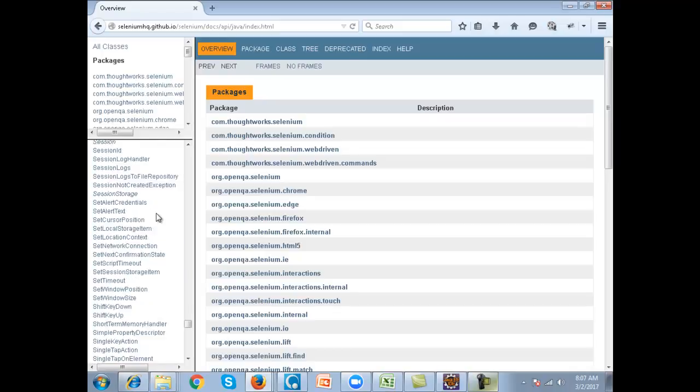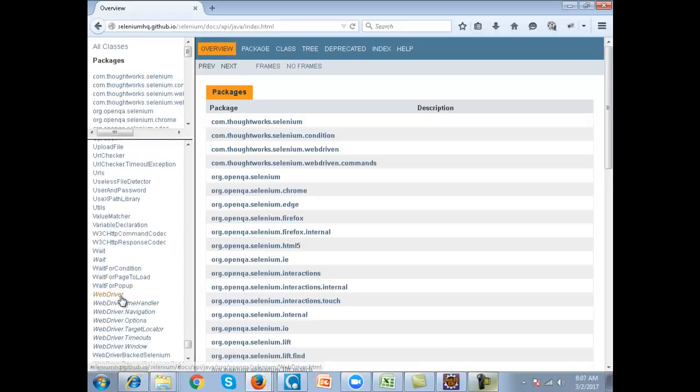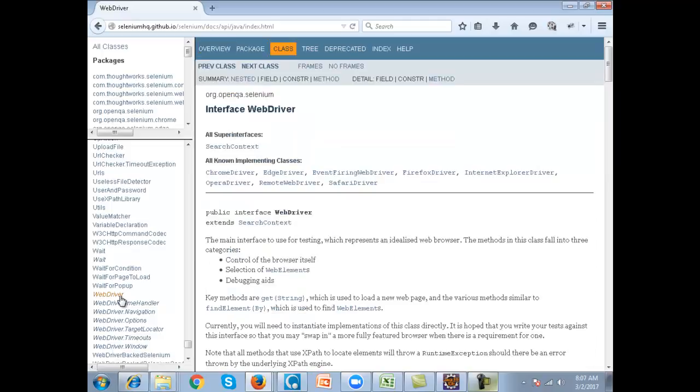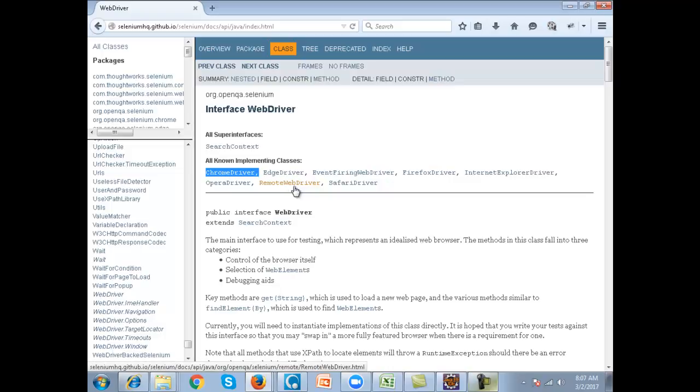You will see that there will be something known as WebDriver which is written out here. Interface WebDriver. Fine. And I'll talk about what interfaces are. These are the classes in the Selenium interface. So Chrome driver we talked about, IE driver we talked about.